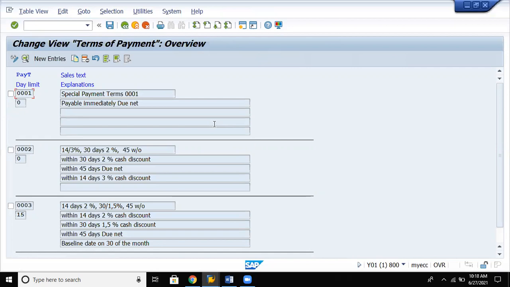Here you are going to specify what discount we can avail for a particular payment when we are processing. Click on new entries.